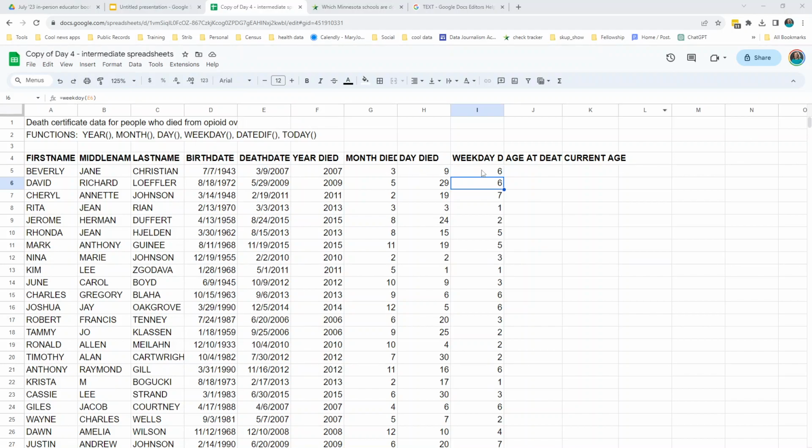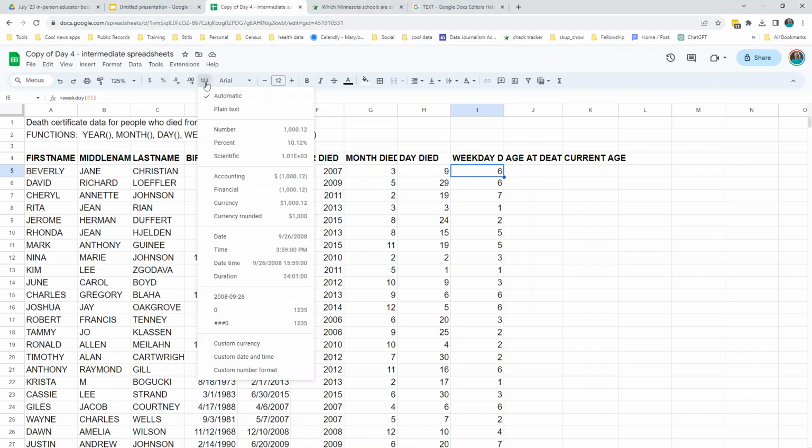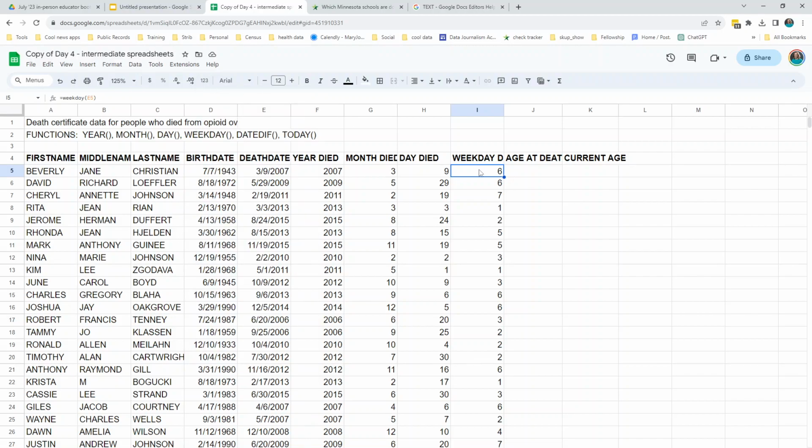So the simplest way to do this, the formatting toolbar up here doesn't have great options. So we're going to add a function onto this. I'm going to go in, double click into my formula and add the function TEXT, and we're going to wrap that around the existing function that's in there and then